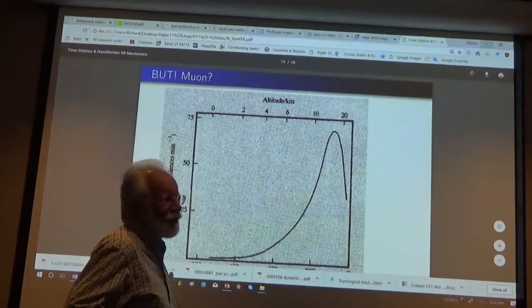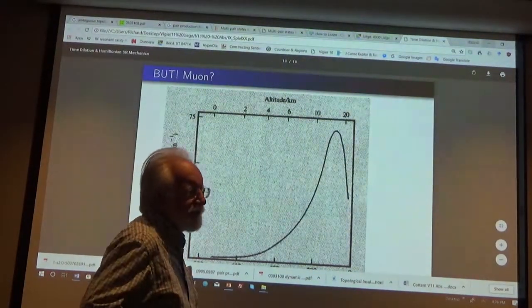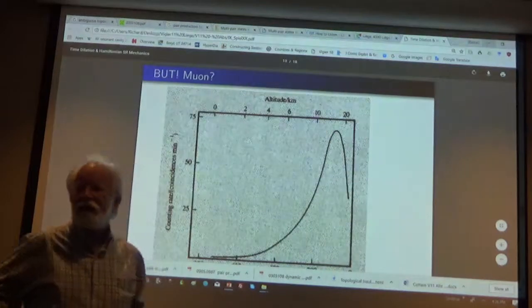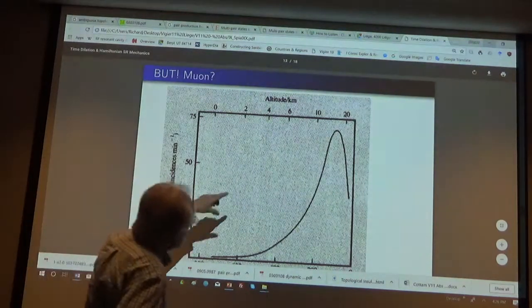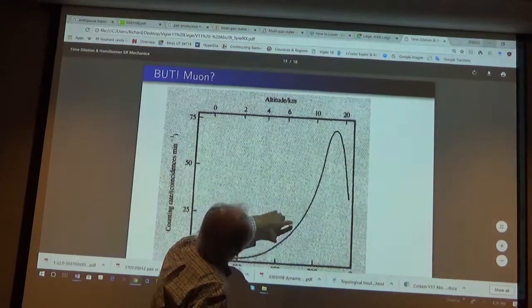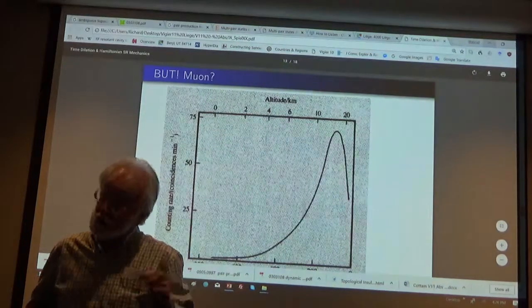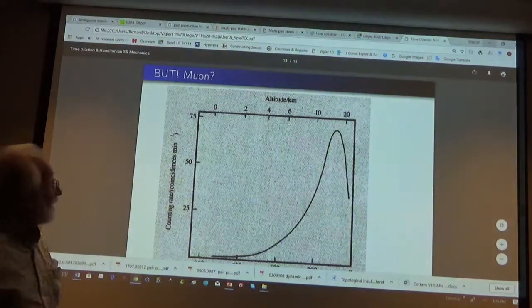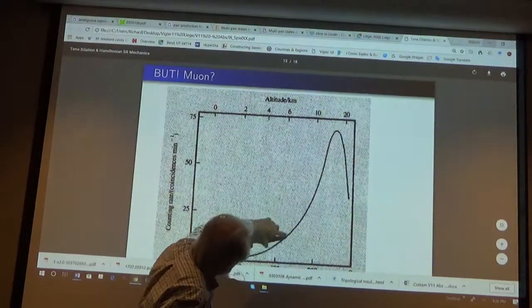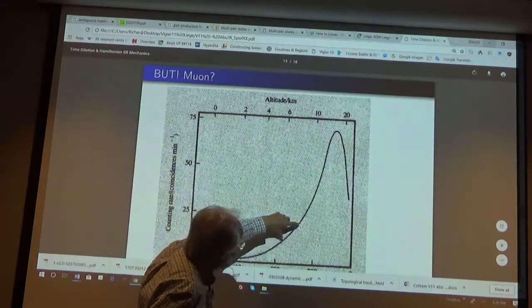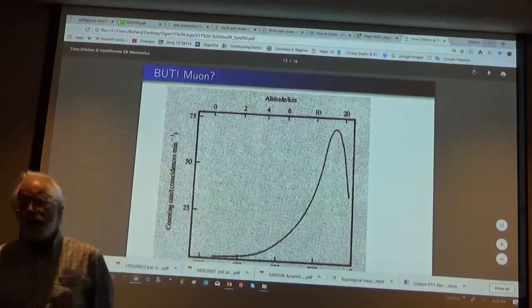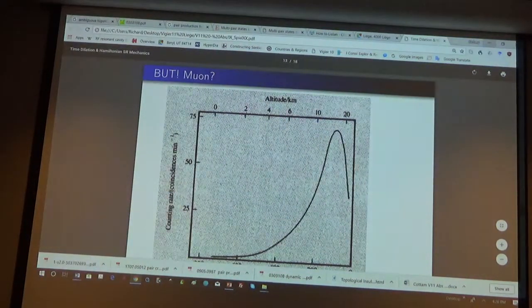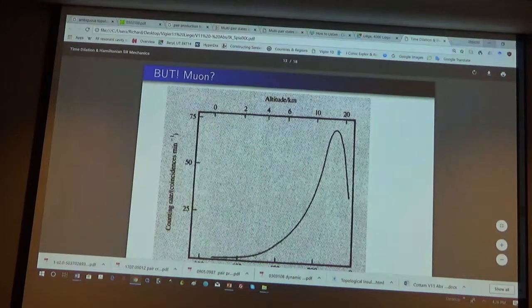Was Mount Washington about 5,000 feet? 6,000, if it's the one. 6,000 feet? Yeah, I've been up it many times. So 6 kilometers. They compared the number of flashes there with the bottom of Mount Washington, which was also 1,000 feet, I think. So they were somewhere down in here. And the decrease you would see just from this curve is not anywhere as dramatic as they